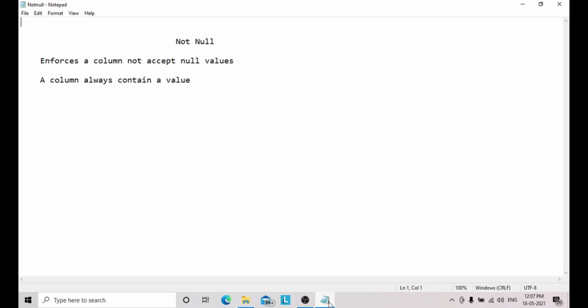So while creating the student table, I should specify these two columns as not null. The remaining columns can accept null values. That's it.